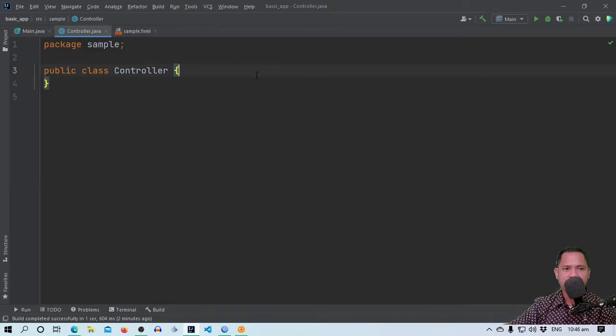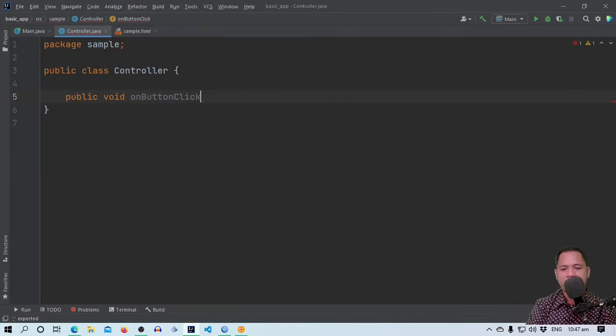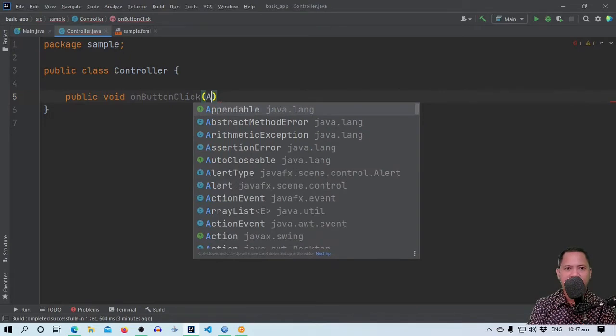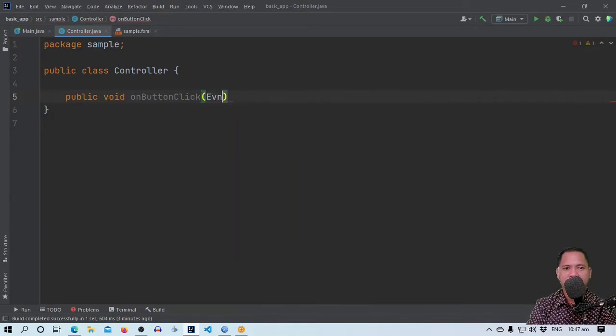So inside of our controller, after we have connected both our controller and our sample.fxml file, we can now provide here a method, and that method can become an event handler simply by passing inside of it an action event. So for example, let's have public void onButtonClick, and all you have to do is pass in here an event,